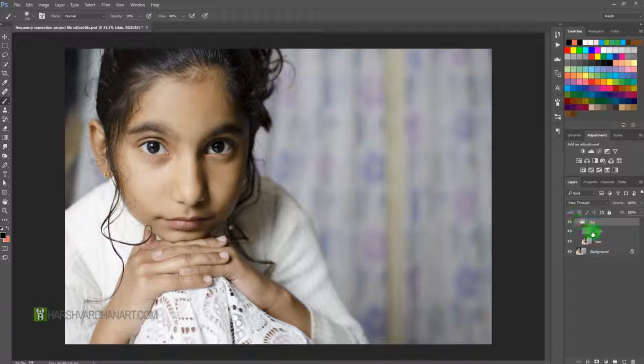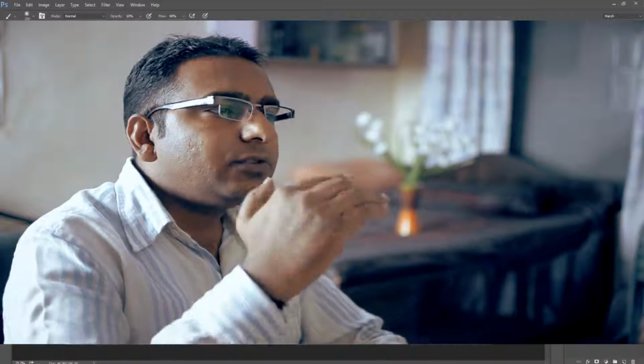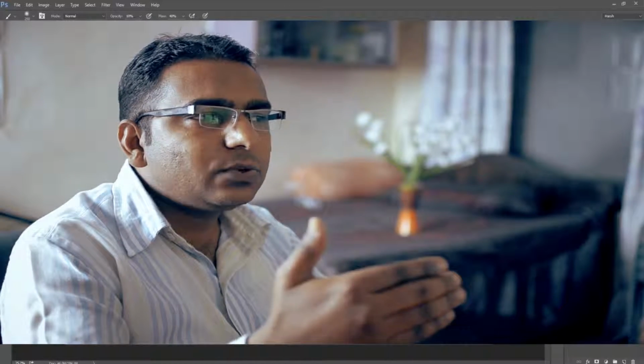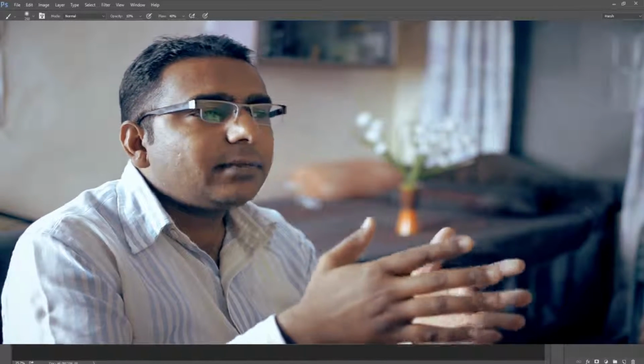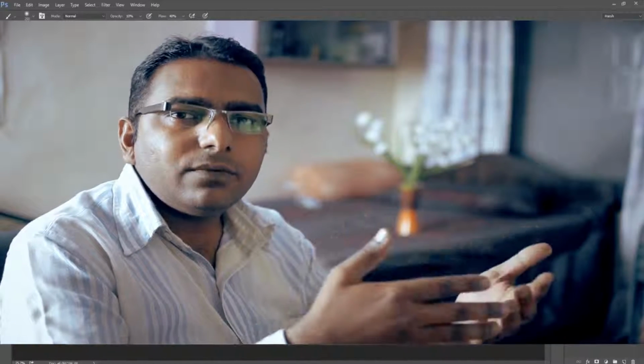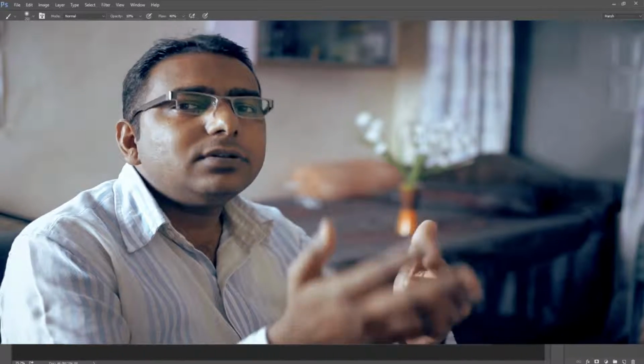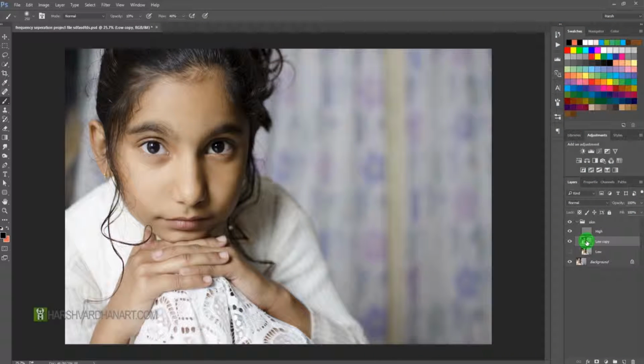Now what we can do, select this low layer and create a duplicate copy of it by pressing Ctrl J or Command J, and let's turn off the first layer, which is the low original layer, for a moment. Why are we doing that? Because we are going to work on this layer so that in case we ruin this image somehow, we don't lose our main work. Okay, so this is a non-destructive way of doing it.